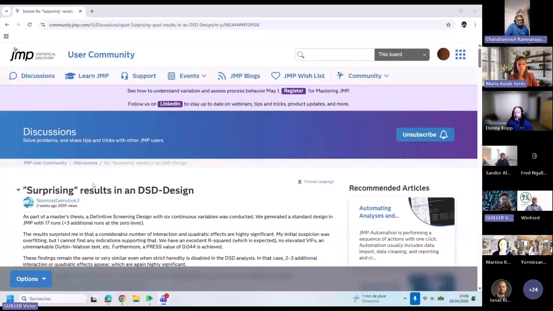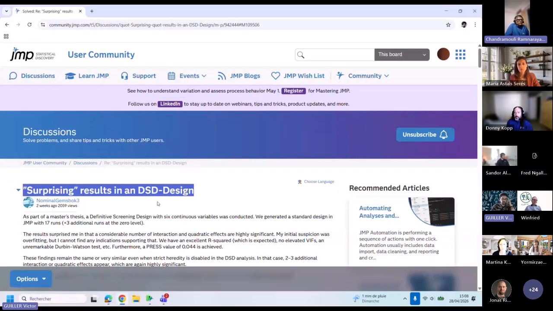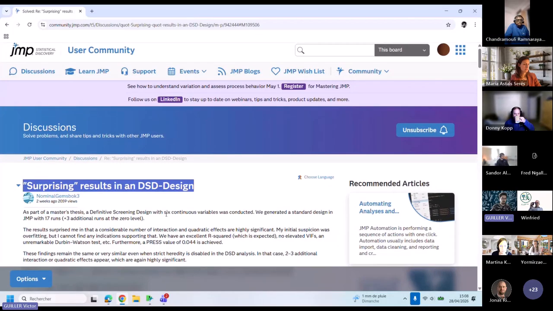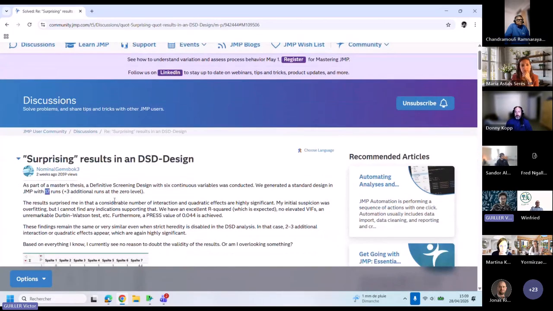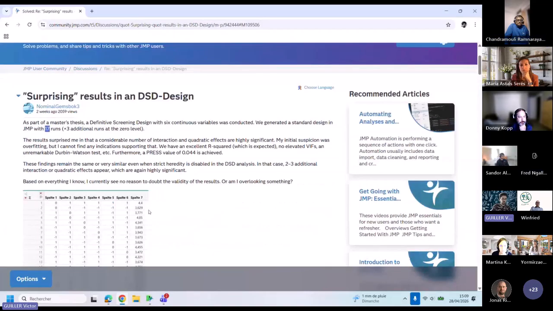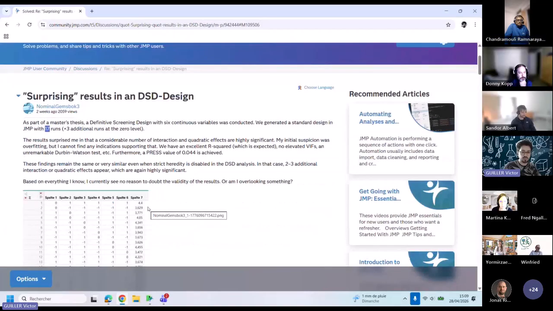So this is the definitive screening design topic scenario. Someone did a definitive screening design with 6 continuous factors, and they chose a DSD with 17 runs. They had 3 additional runs at the 0 level, so they added 3 center points. And this person was a bit surprised because